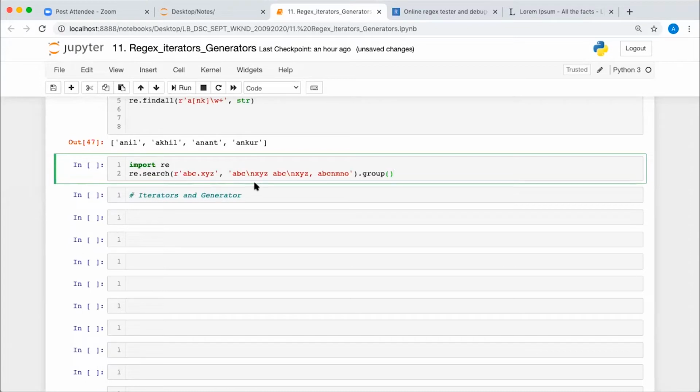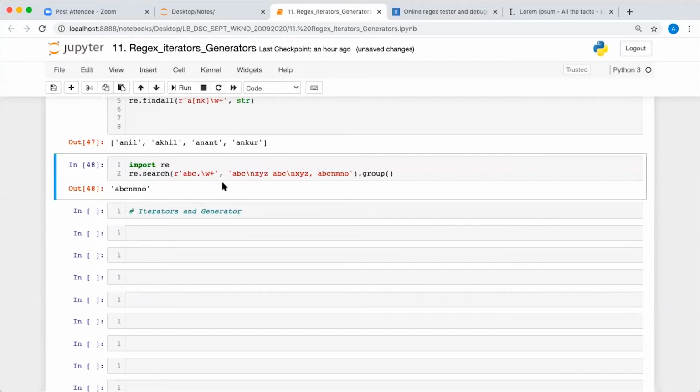See what I'm matching. There is a backslash n character in your string. Okay. So what will be the match here? What does dot do? Dot matches everything except new line, right?